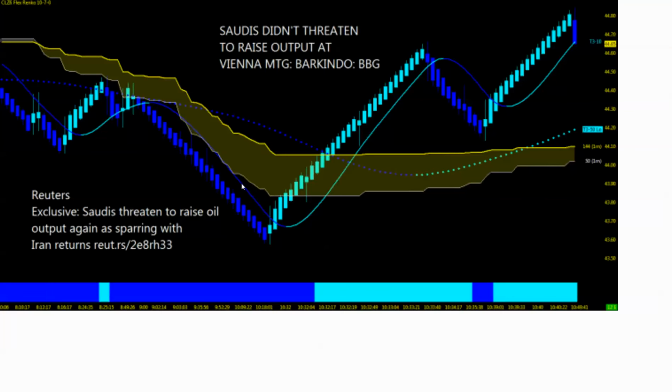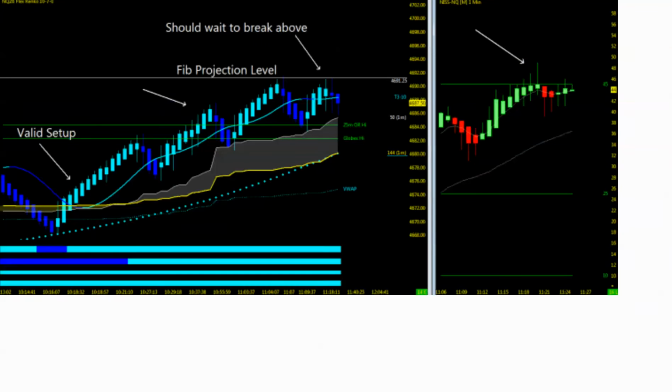Very simple. Again, sometimes you have to wait a bar or two to get that trend going. But once it's in, it's all about the trade management strategy. So crude got a little bit of whipsnap this morning as the news just drove it right back to the upside. We'll take a look at the crude chart here in a little bit. And you can see we didn't exactly stay to the upside for the rest of the day.